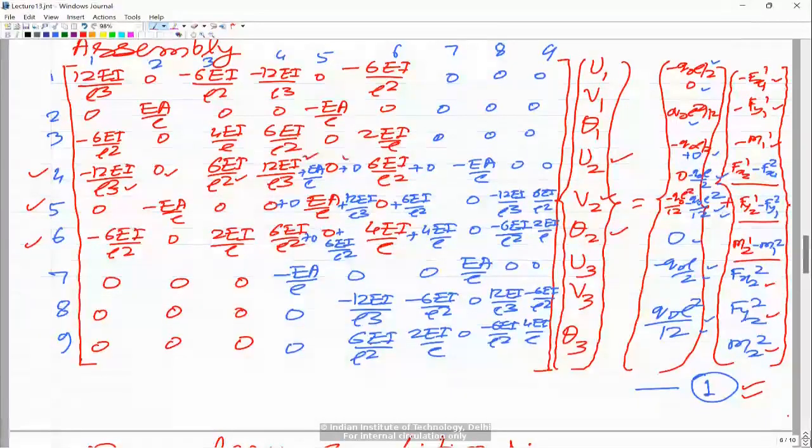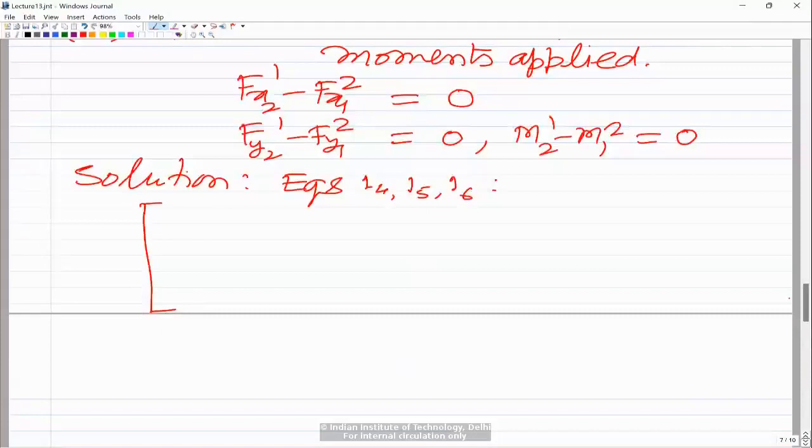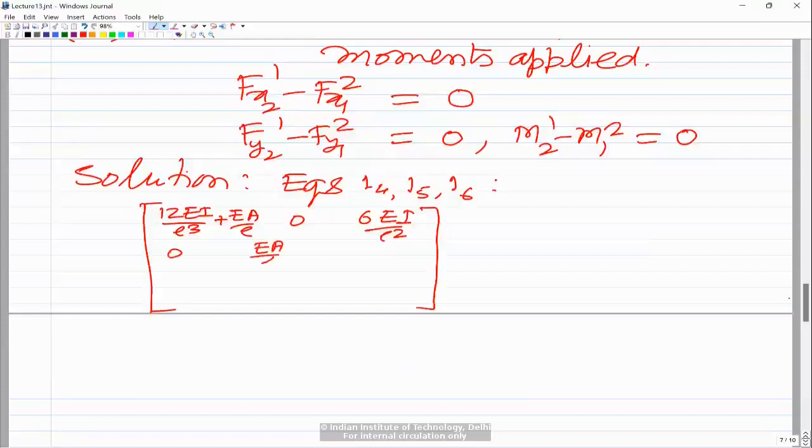So these remain 0. Only what you have is this term, this term, and this term. Similarly, the fifth equation, this term, this term, and this term. And the sixth equation, this term, this term, and this term. So ultimately, equations 4, 5, and 6 are reduced to 12EI by L cube plus EA by L, 0, and 6EI by L square, and the fifth equation is 0, and then you have EA by L plus 12EI by L cube and 6EI by L square. I am taking now the fifth equation. If you take the sixth equation,